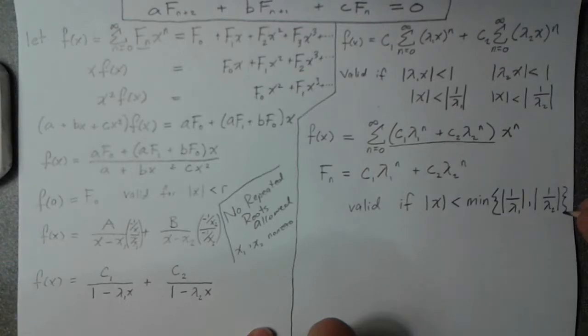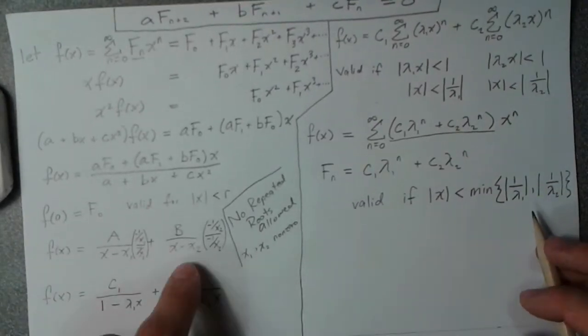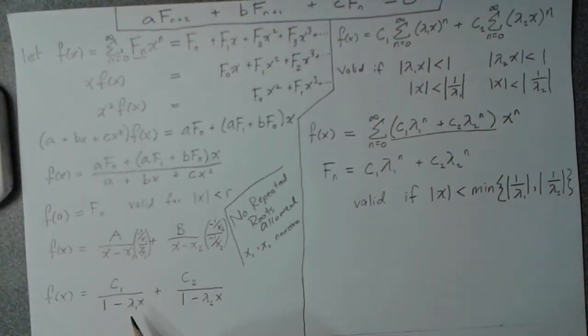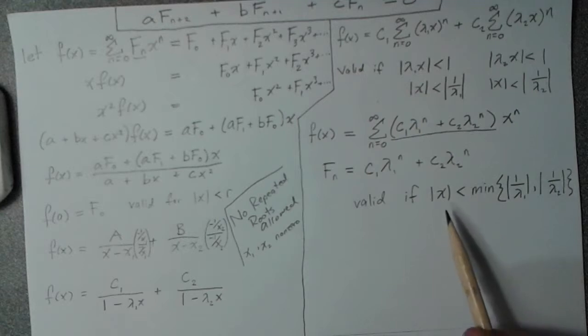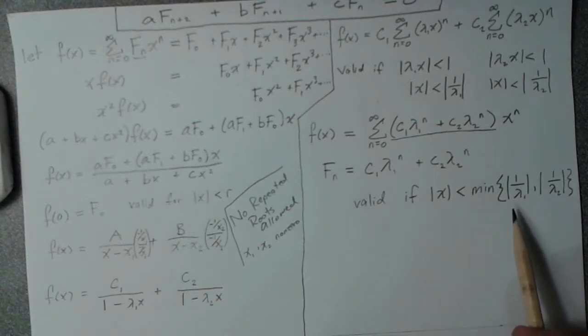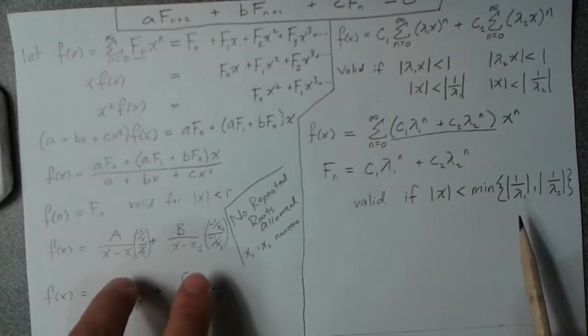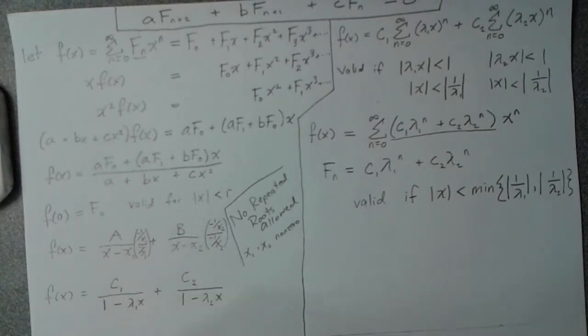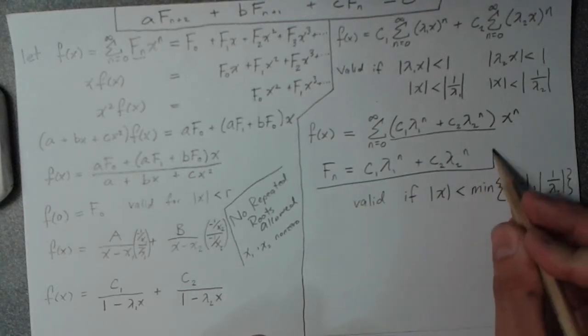And if you think of what this means, if you go back to over here, lambda 1, that was just 1 over x1. Lambda 2, that was just 1 over x2. So in other words, we're saying that x needs to be less in magnitude than the magnitude of either, or both, of the roots of the denominator. So if you think of what that looks like graphically, which doesn't really matter, now we've got our solution here already, but